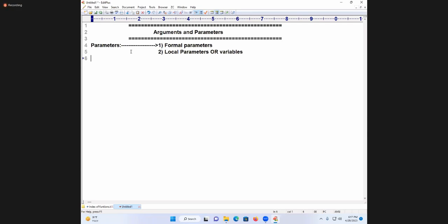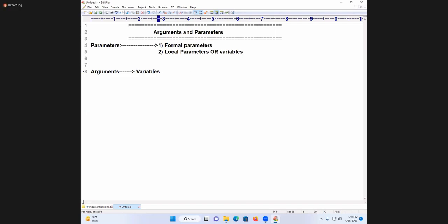Now I'm going to take up arguments. See, students. Arguments are also called what? Variables. Variables used in the function heading are called what?